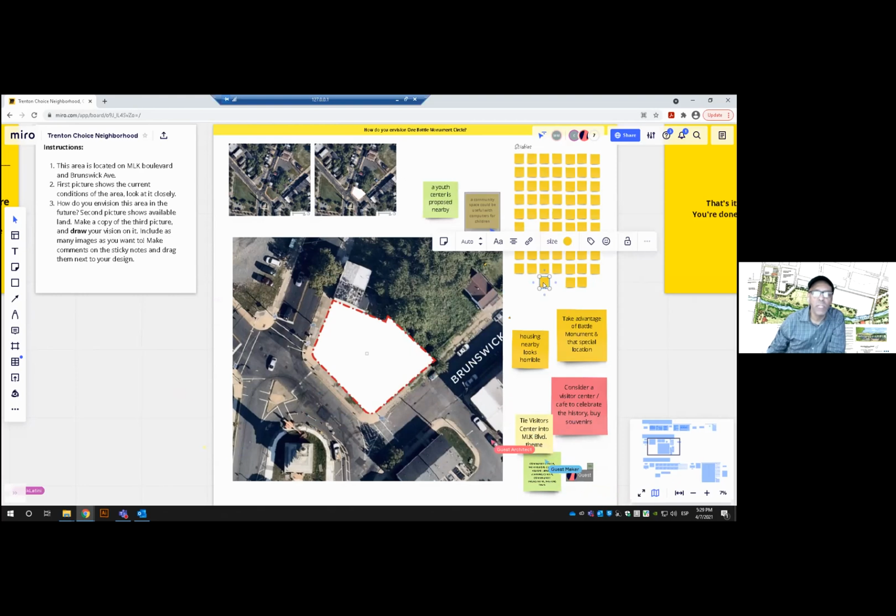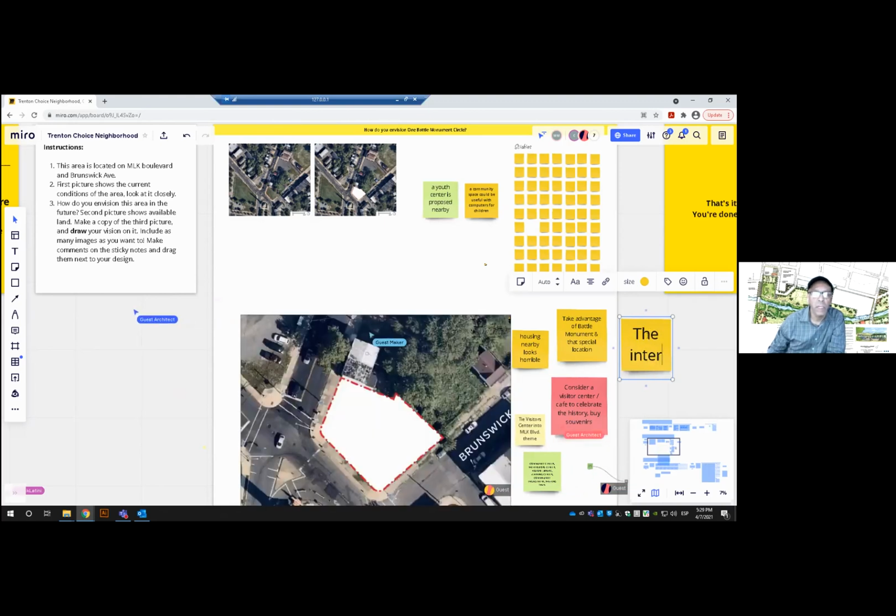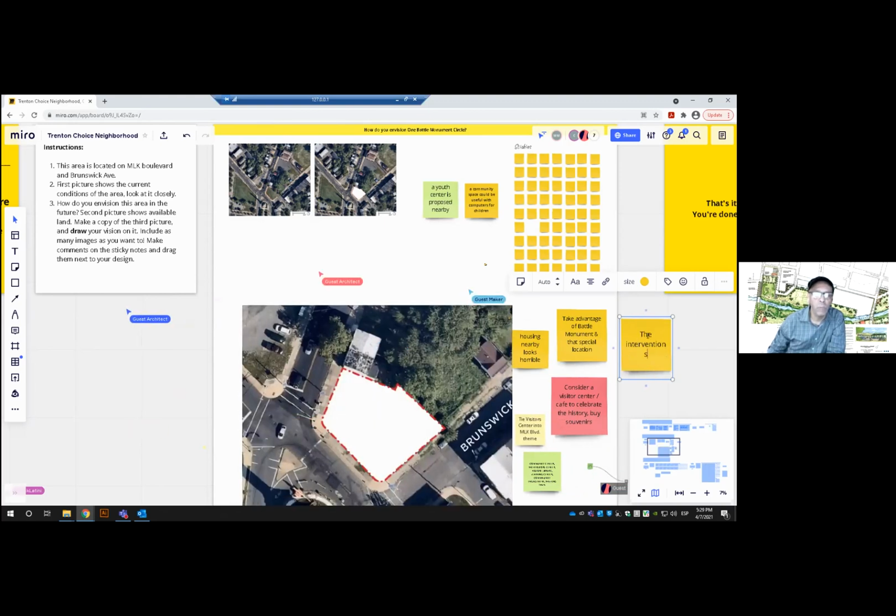So when those buildings went down, we had the opportunity to upgrade. The housing on Brunswick Avenue has been restored. There's some very large buildings there right near the monument that would like to have a calming, no drama.